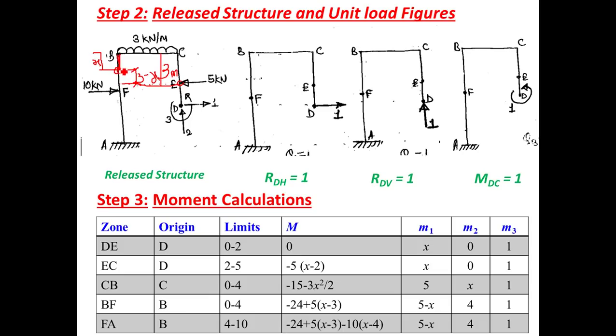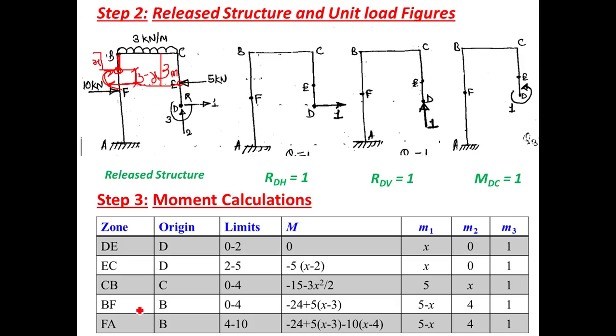So what is the moment of 5 now? 5 is going towards left. Left means it will produce clockwise moment. If you extend this 5 like this up to this point, this will give you clockwise moment. Clockwise means minus. So minus 5 into 3 minus x, where 3 minus x is the perpendicular distance. This is the moment because of 5.